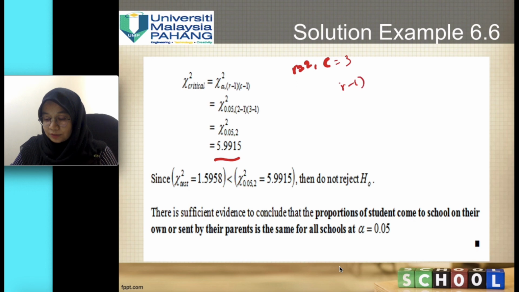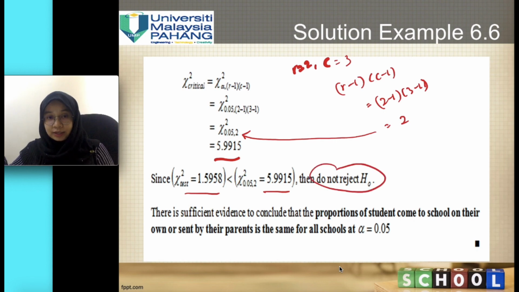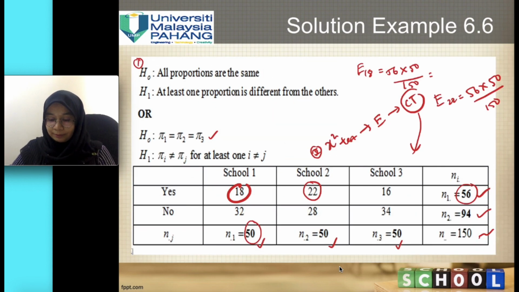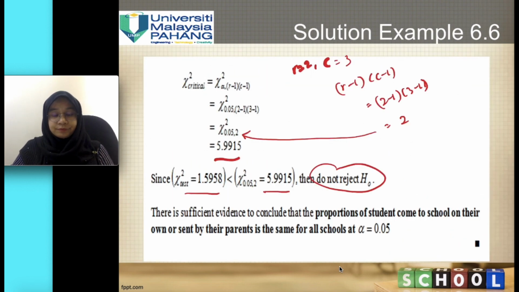So go to your critical value, because we have rows equal to 2, columns equal to 3. So row minus 1 times column minus 1, 2 minus 1 times 3 minus 1, is equal to 2. And then since the chi-square test is less than the chi-square critical value, accept H null. If you accept H null, what will happen? All proportions are the same at alpha 0.05. Okay, same as the independence test. The difference is only